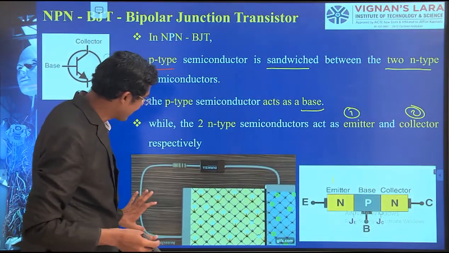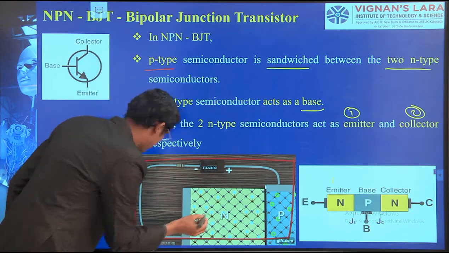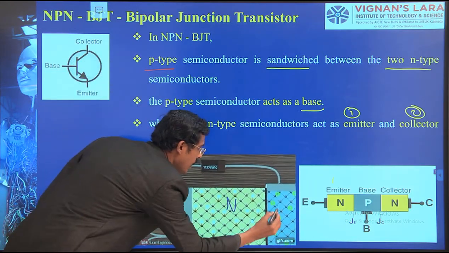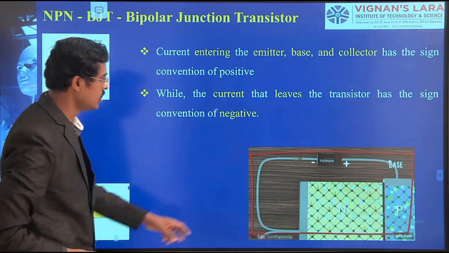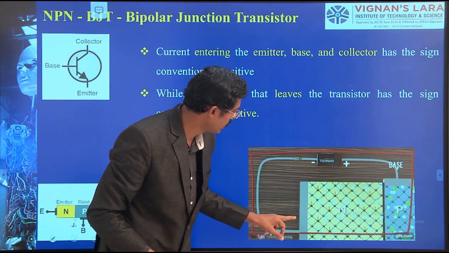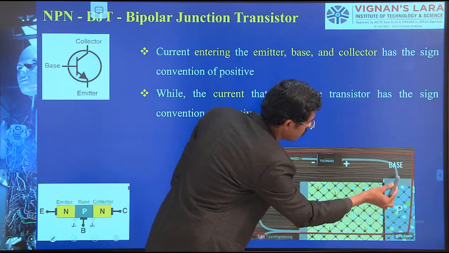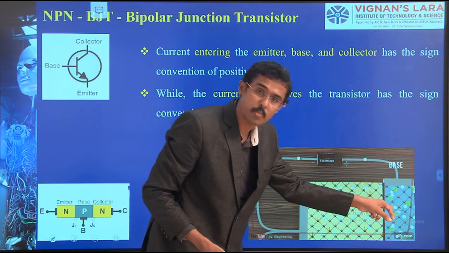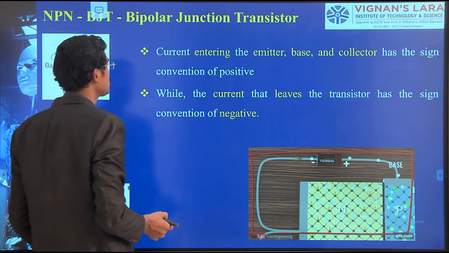See here, I have connected the two connections. This is an NP junction I have taken. Here this is N and this is P. The flow of current takes place here. The base is positive, negative. Here also is a forward junction, N and P. Here the electrons move. But here they are accumulated at this point. When they are accumulated,